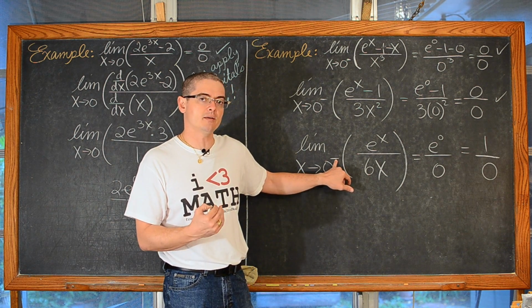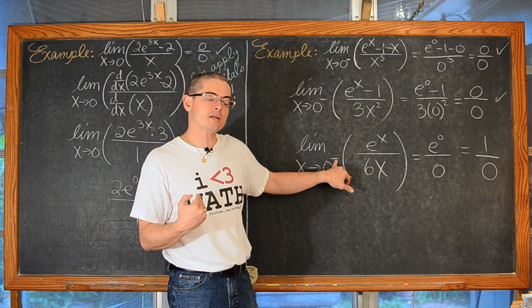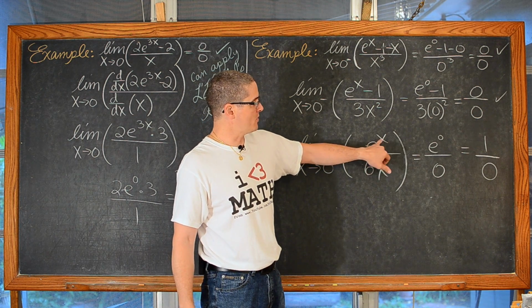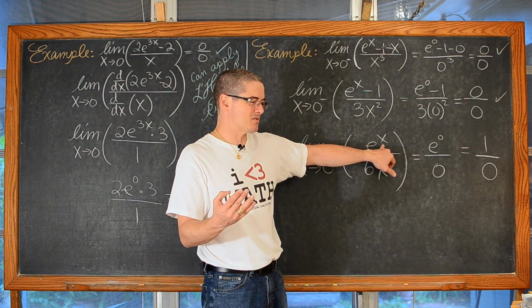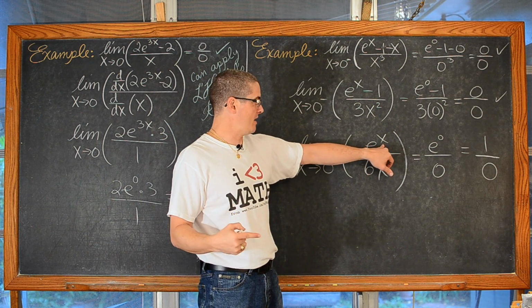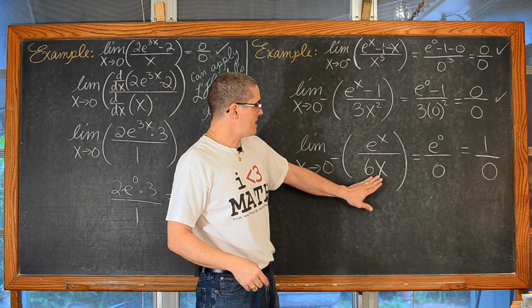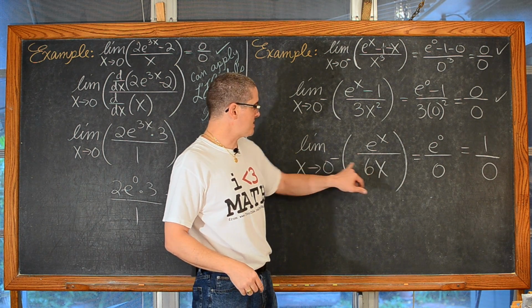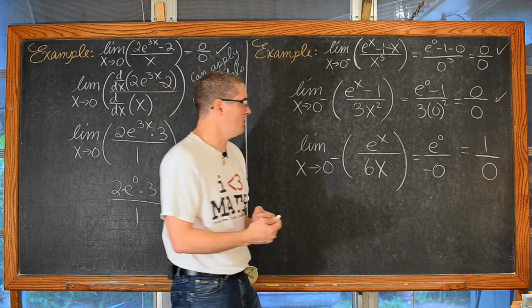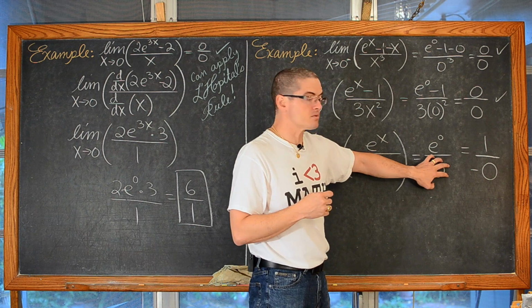And that's where we need to come back in here and realize that we are approaching 0 from the left. So all of our x values must be negative. Now a positive base raised to a negative power, that's really just like e to the negative x is simply going to be 1 over e to the x. It's still going to be a positive answer, or positive 1. But down here, this 6 times a negative answer, we're going to be approaching 0, but all these values are going to be negative down here.